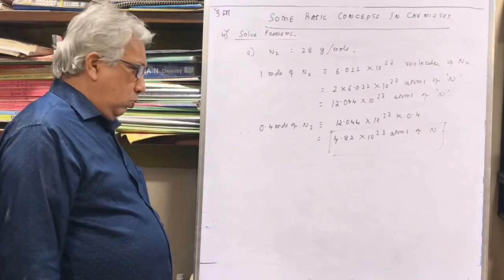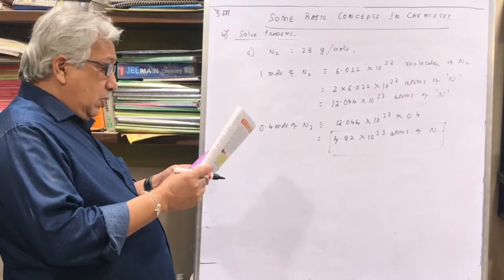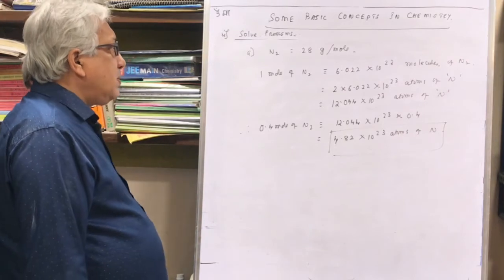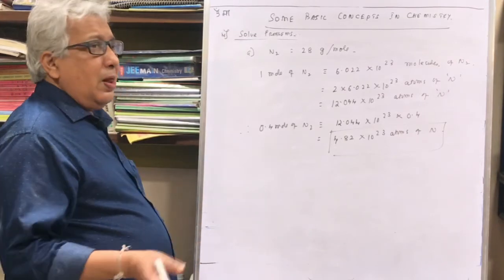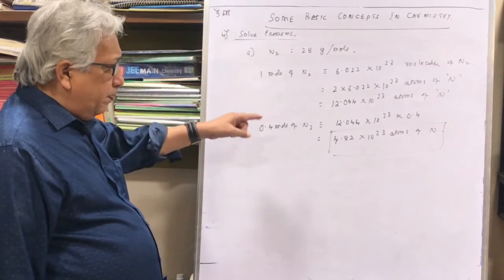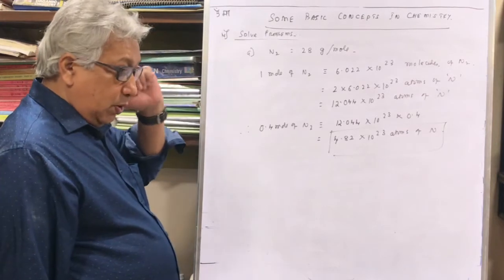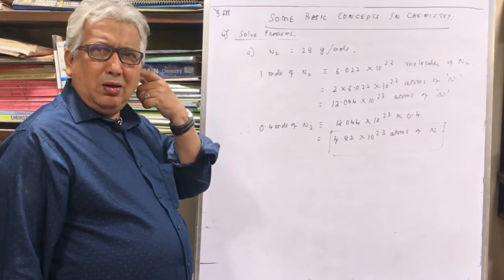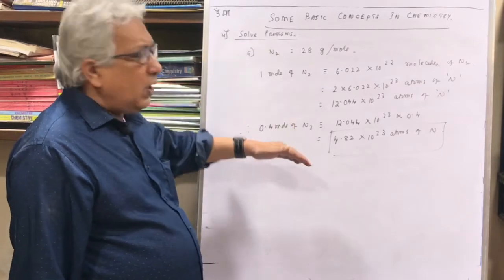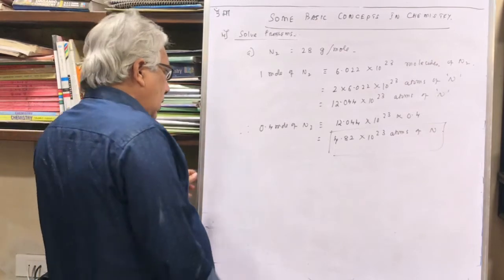Now, I want to tell you. They have given the answer 2.4088. Now, on what basis? They have taken nitrogen in the atomic state. So, as per the textbook, that is not something that I will suggest. But if I have to get the answer which is given in the textbook, then I will say like this: